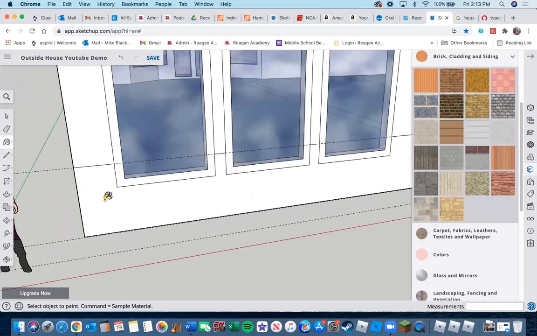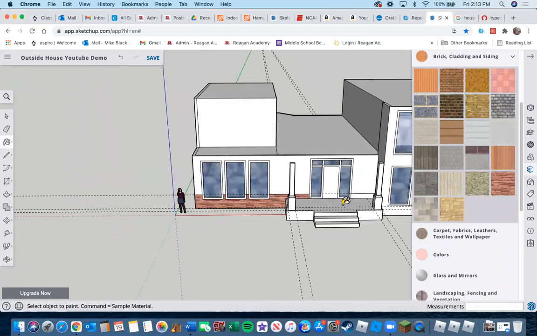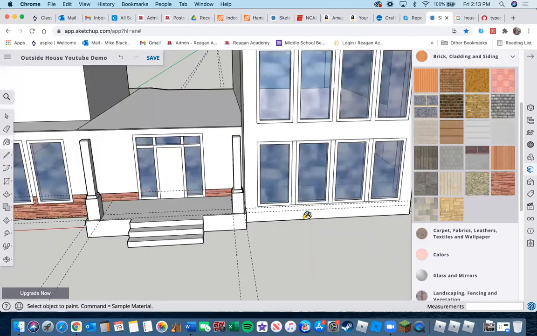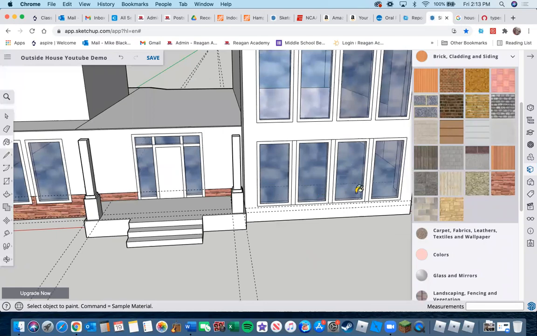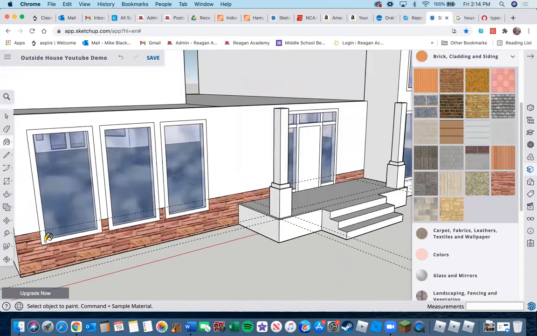So I'm going to do kind of a red rock that goes along there, and you can see now it's starting to look nice, right? So I got that, and then if I wanted to do the same thing over here, I would draw the line and then do similar to what I've done on this side. Now that I've done that,